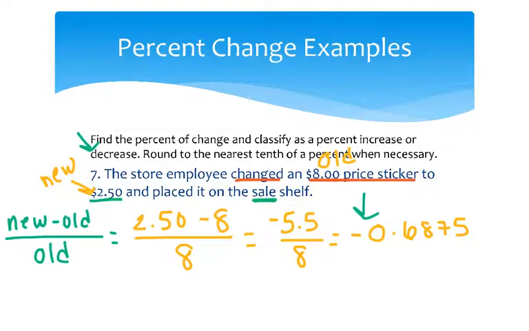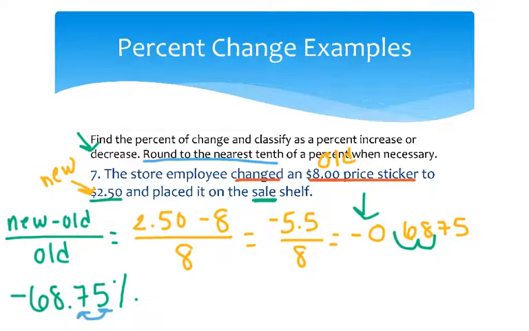So converting to a percentage now, 2 spaces to the right, you now have negative 68.75%. However, if you pay close attention to the directions, it says round to the nearest tenth of a percent. So what is this 5 going to do to my 7? Well, if you said it's going to round it, you are correct. So this really is going to become negative